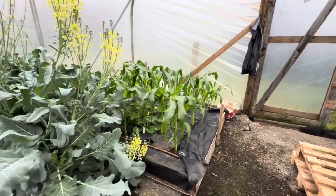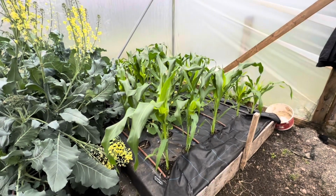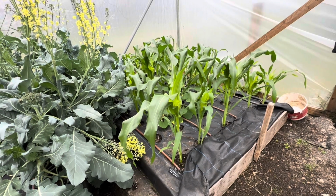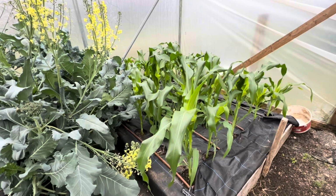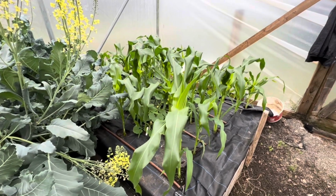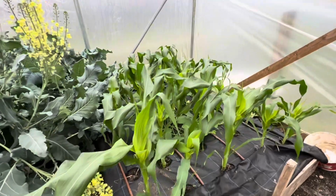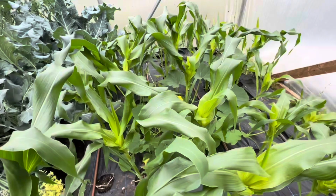So this is the sweet corn. It's actually grown. I could not believe how much it's grown in about 3 days. It's really, really shot up, and I'd say it's grown 2 feet in 3 days. Now obviously that's not near ready for harvest yet. But it just shows the growth rate there has been when we did have the lovely warm weather. And you can see lots of flowers hidden in there